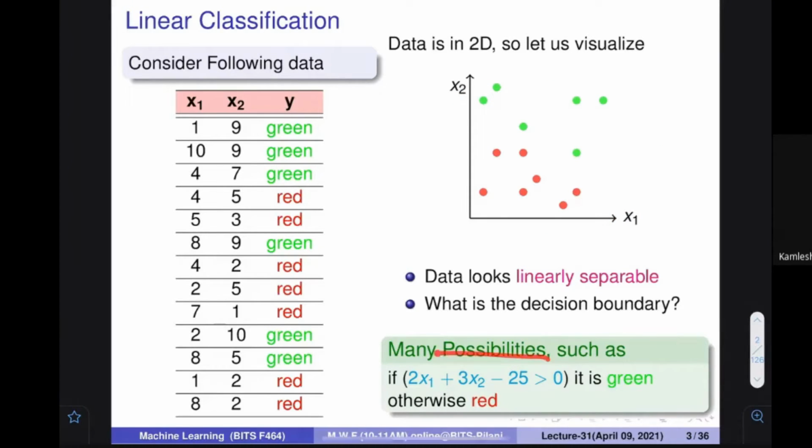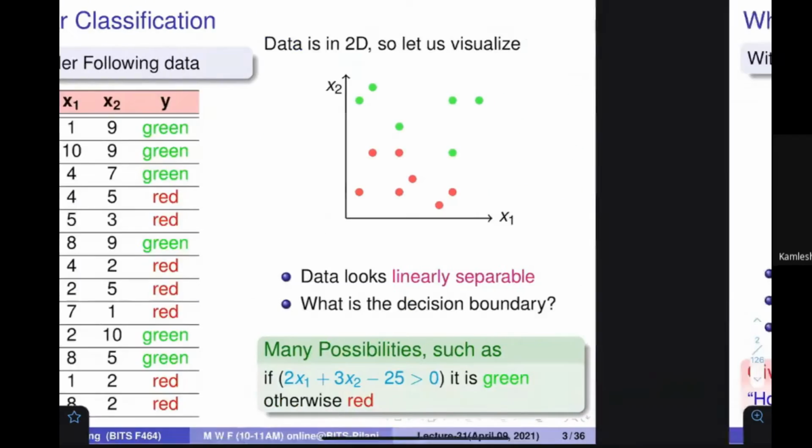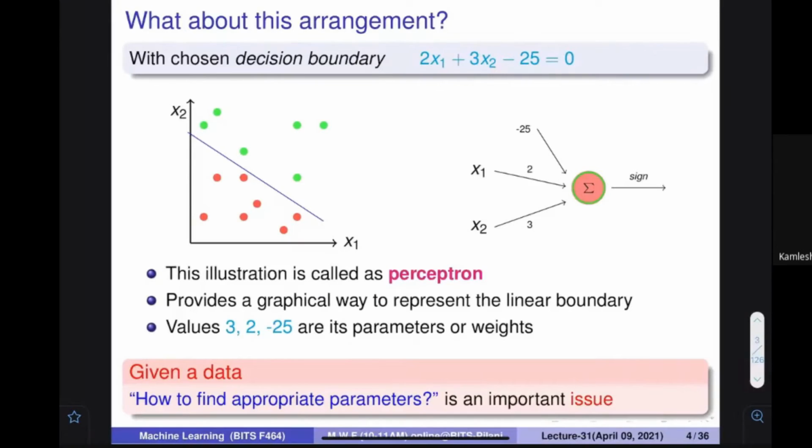We saw that if we plot it, it looks like the data is linearly separable. So we thought that if there is a linear decision boundary, and somebody can give me this particular equation, then I can find out the classification of all these points. The equation was this. In our case there were two features. The first feature is multiplied by some number, the second feature is also multiplied by some number, that is a weight, and third there is an independent weight.